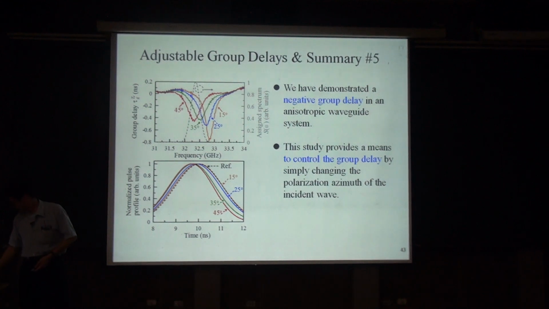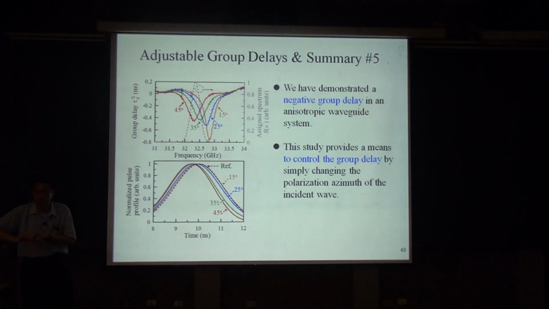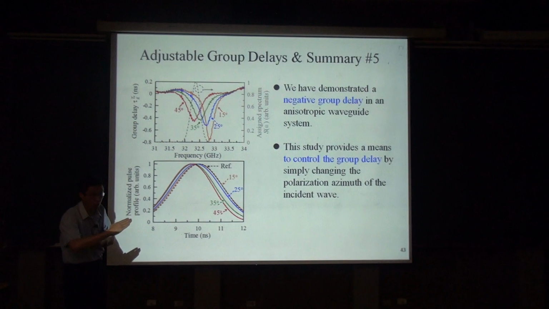Okay, so this is the last experimental result. We can change the group delay by changing the angle of the incident wave. If the incident wave is here, that's 45 degrees. If we rotate the waveguide a little bit, this is another group delay. They are all negative, but the behavior is different. So if the carrier frequency is 32.5, then as you can see here, by changing the angle of the incident wave, the group delay